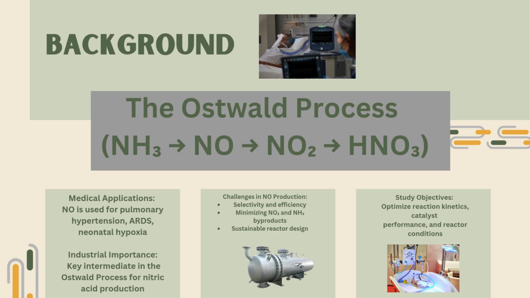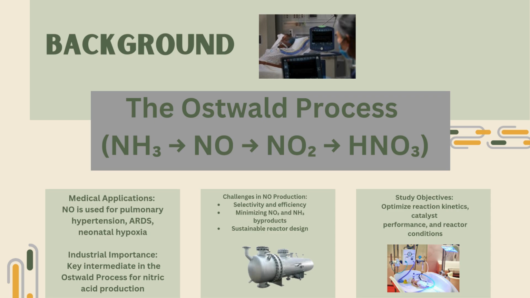In medicine, it is essential for treating pulmonary hypertension and neonatal hypoxia as it helps dilate blood vessels and improve oxygenation. Industrially, nitric oxide is a key intermediate in the Ostwald process, where it is converted into nitric acid, an important raw material for fertilizer and chemicals. The challenge in nitric oxide production lies in achieving high selectivity and efficiency while minimizing byproducts such as nitrogen dioxide and unreacted ammonia. This study focused on designing a high-performance reactor system to ensure sustainable and efficient nitric oxide production